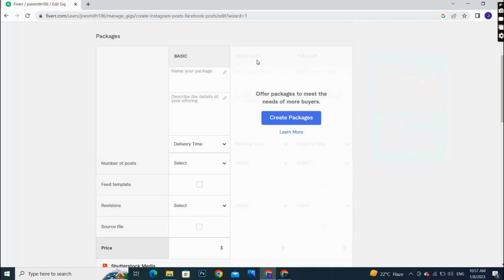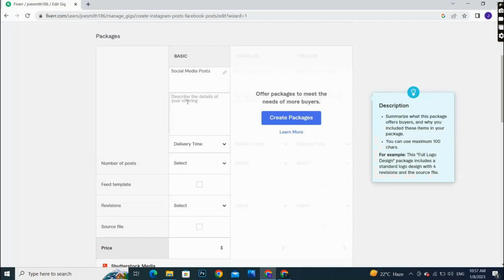So if you are going to standard and premium, that will be a little bit costlier than basic. For now I will create my basic package over here. So the name of the package is